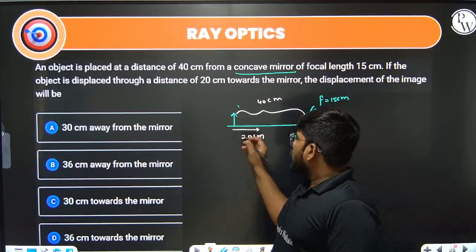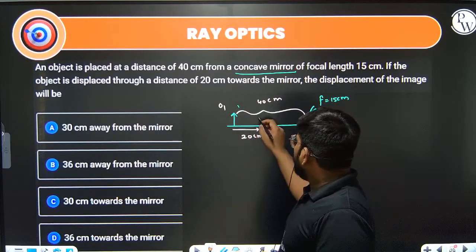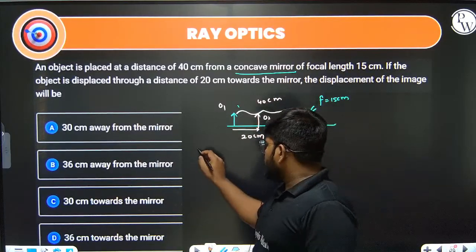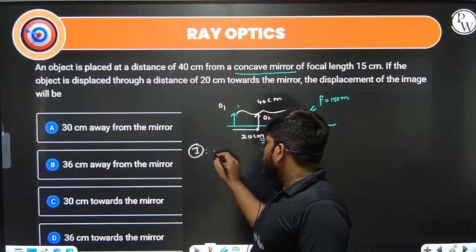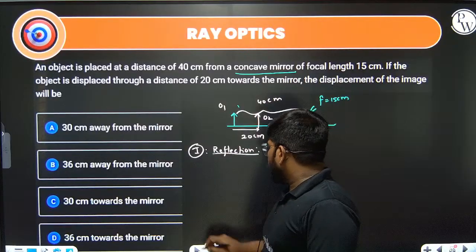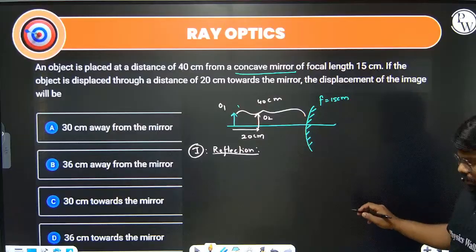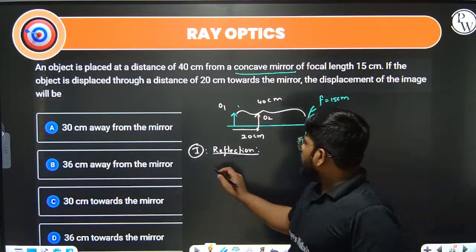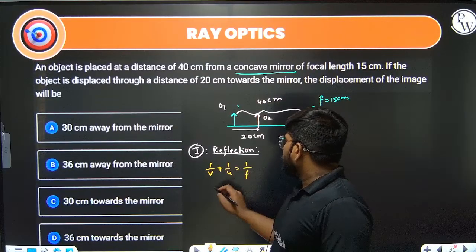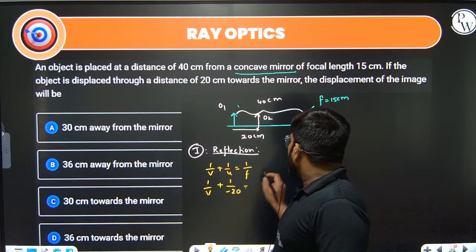So first, let us call this O1 for the first object and first image. When it comes here, let us call it O2 for the second object and second image. So for the first reflection, let us apply the mirror formula. So when you apply the mirror formula, what will come out? This is a mirror, 1 by V plus 1 by U is equal to 1 by F, where U is minus 20, and F is 1 by